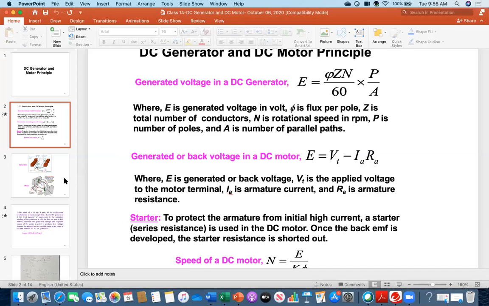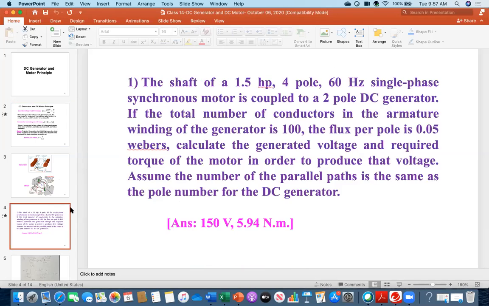Okay, so now I'm taking you to a numerical problem. We will be utilizing this equation. Everybody see, there is a numerical problem. I have written down the answer for you so that you can verify it right now using your pen, paper, and calculator. Read the problem. The shaft of a 1.5 horsepower, 4-pole, 60 hertz, single-phase synchronous motor is coupled to a 2-pole